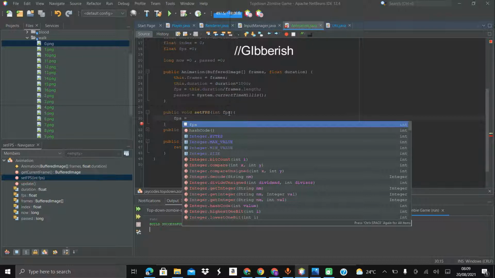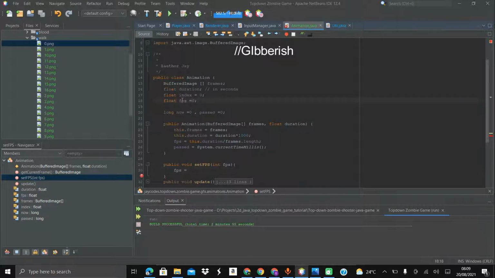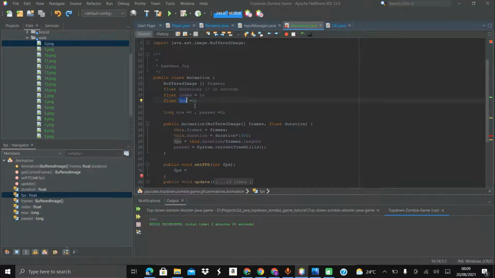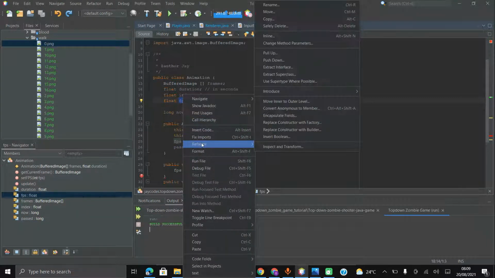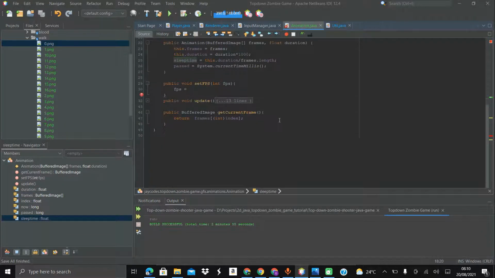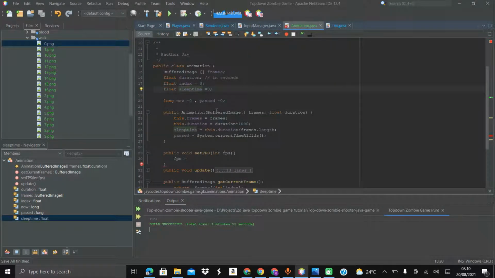So okay, I actually need to change this. This isn't FPS anymore, this should be sleep time. I'll simply need to refactor, rename, and call it sleep time, because basically what's happening is we're sleeping, we're not doing anything. So I'll simply say sleep time